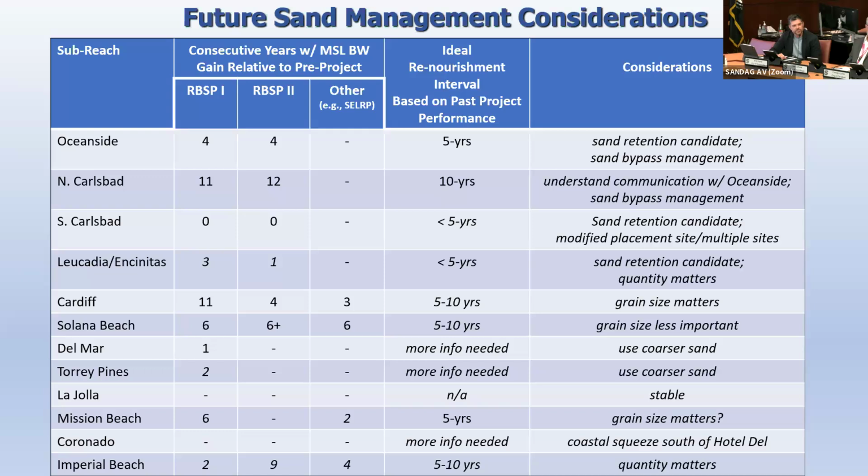Yeah, that's a great point. Some of the lessons learned from the first project were that size matters, grain size matters. The theory is if you match the grain size exactly, it's going to behave just like the native beach. If you put on finer material, it's probably going to move away quicker and move further offshore. Coarser material is going to want to stay on the upper part of the beach longer, theoretically. That was one of the main focuses of regional beach sand too. I think the calling card was the right sand. The average grain size was about 0.5 to 0.55, whereas most of the beach's native grain size is 0.25 to 0.35.